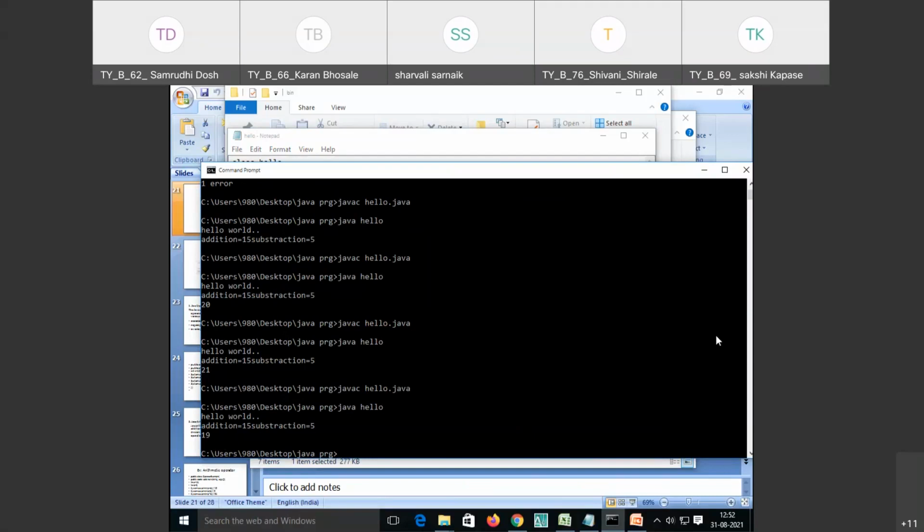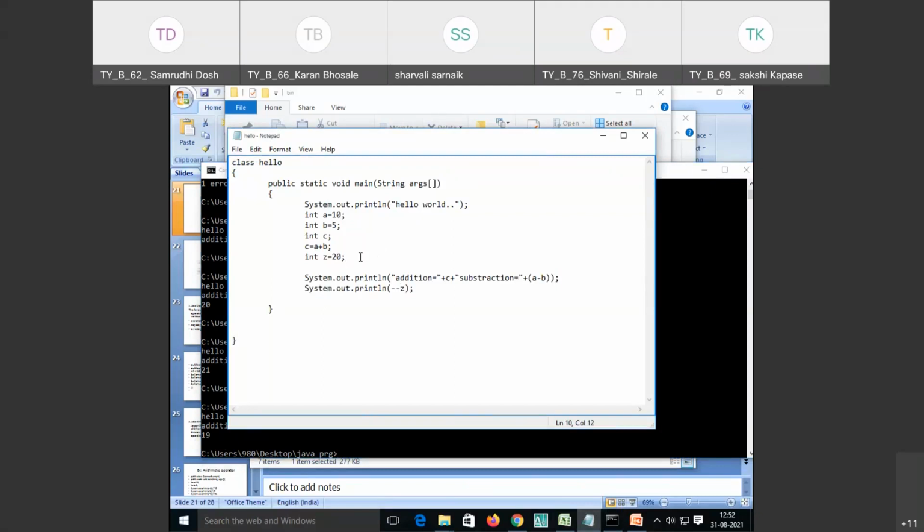So now let's see the logical and bitwise operators. Again, I'm using the same code. Here I'm writing println, and in the brackets writing a is less than b, just comparing it.